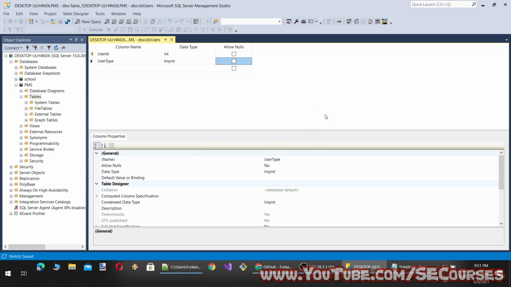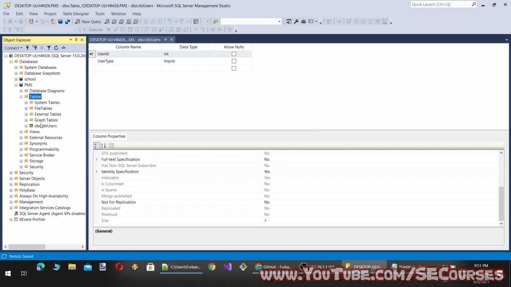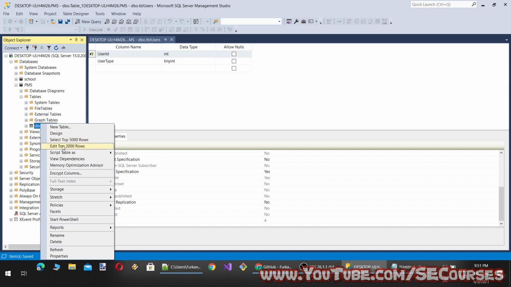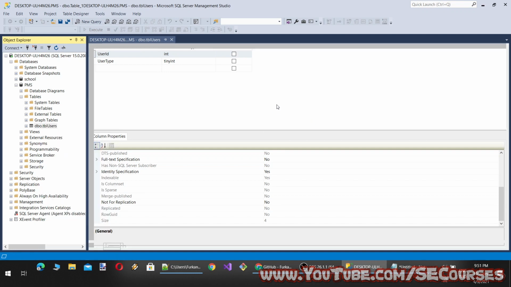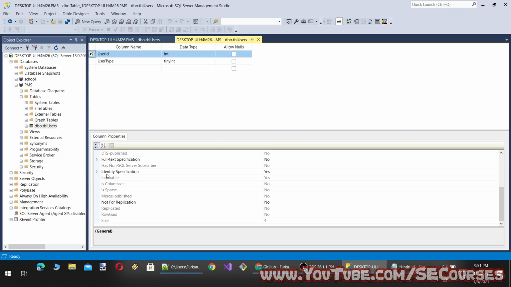Okay. So first of all, I want to show you what this primary key and identity mean. When I refresh here, it is here. Now I am clicking edit top 200 rows. So you cannot enter any value to user ID. Why? Because it is an identity key.